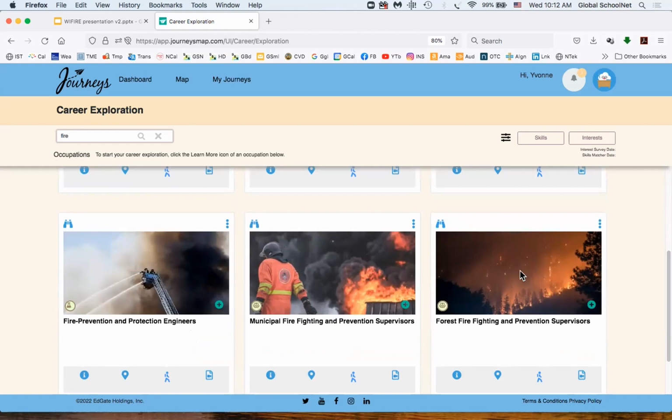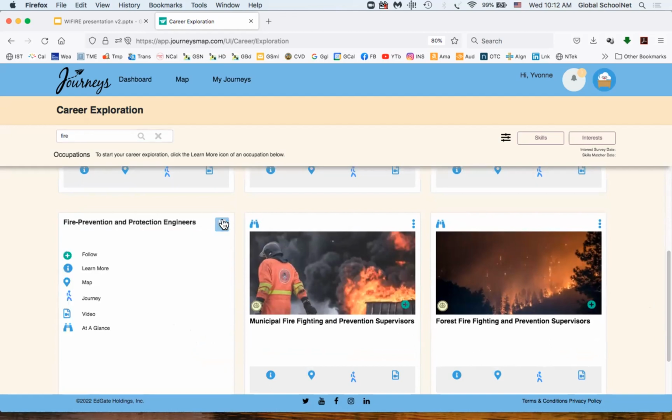And if you see something that's of interest, you can click on the little plus sign there. And what that does is it puts it as part of your journey, so you can go back to those things. In this case, I will show you some options here. You can follow it, which I've already done. You can learn more, and I'm going to show you what that looks like. And then there's a map, which will show you all the different careers that are associated with this. You can start to build a journey. There's videos and other resources. So if I click on learn more,